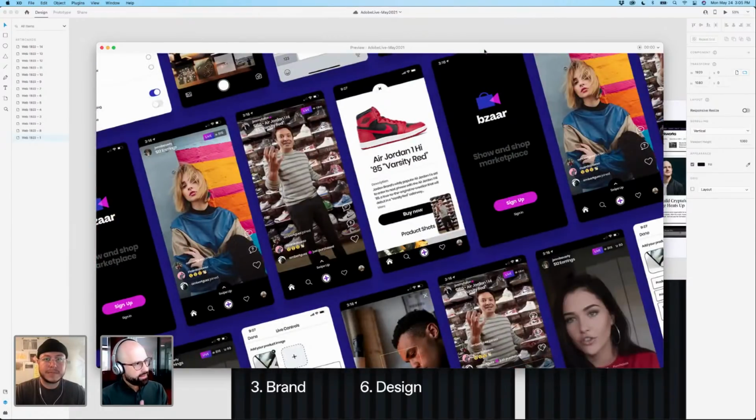Digital app design that we've been working on for a little bit here. This is like a kind of live streaming marketplace, which is kind of interesting. So yeah, we've